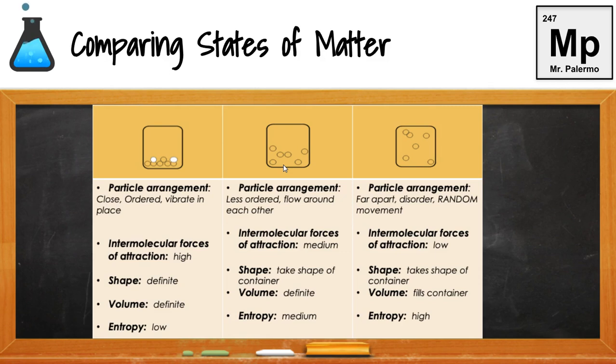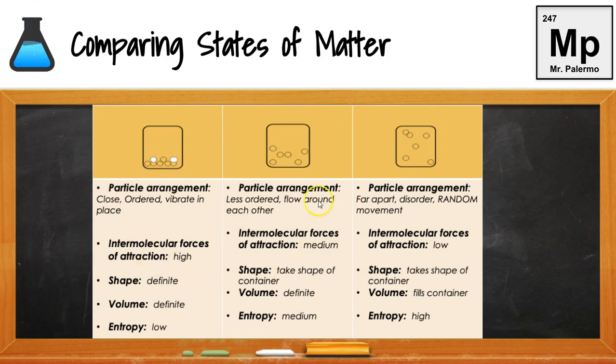So this disorder, this messiness, starts to increase. And then if you look at a gas, they're even more spread out, so there's more possible ways I could have these particles arranged in this space, and so the entropy is really high. So entropy increases from solid to liquid to gas.